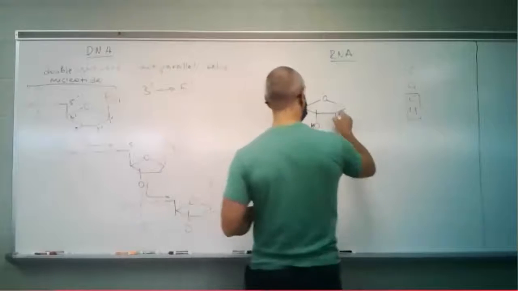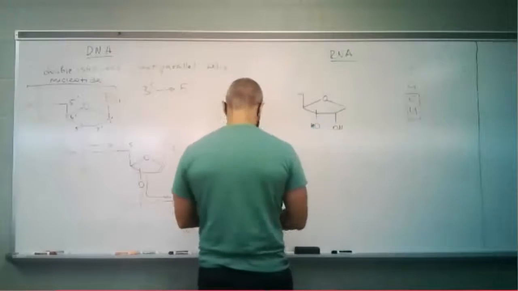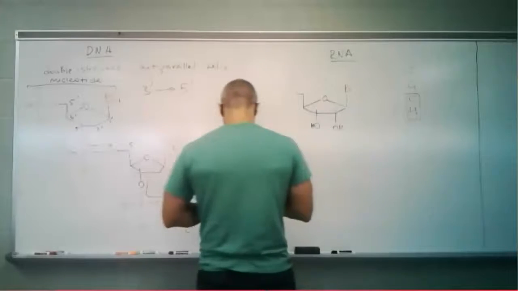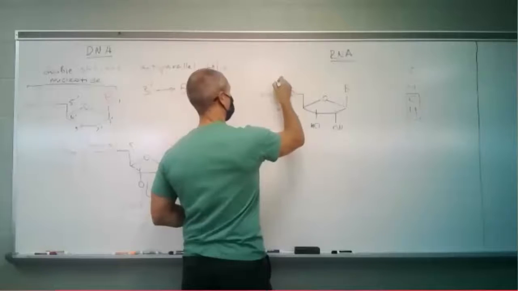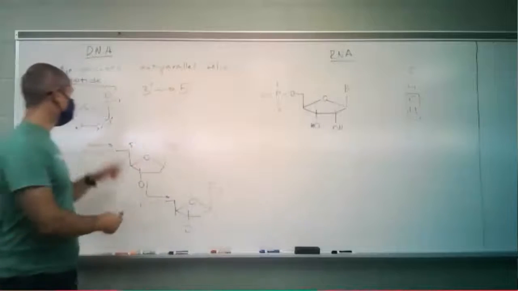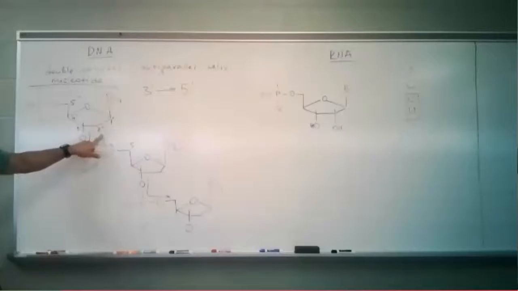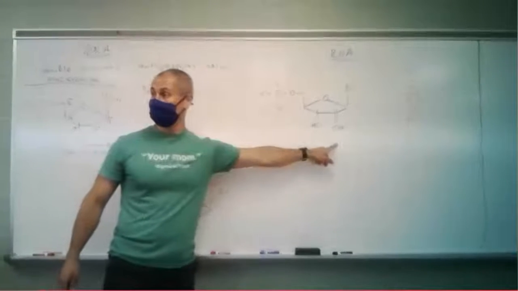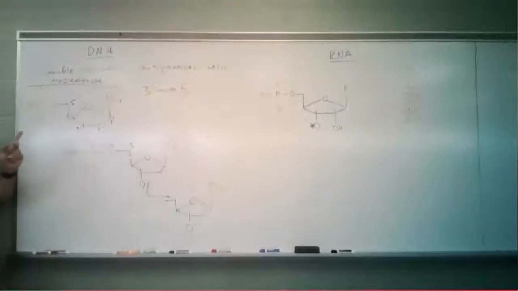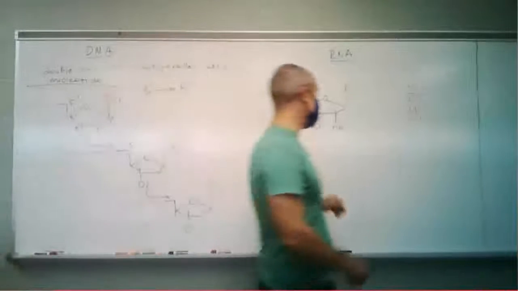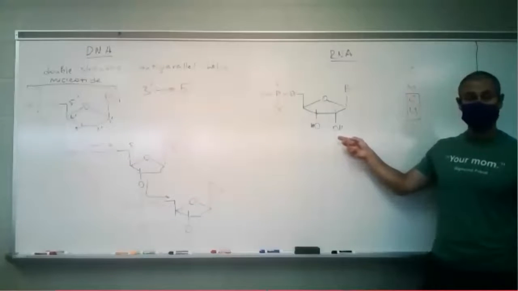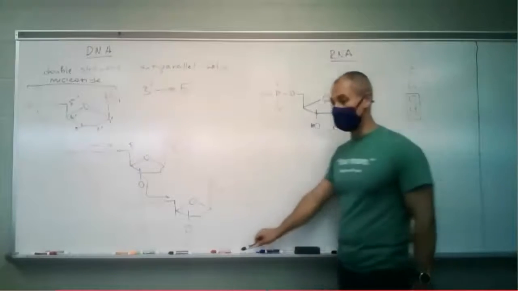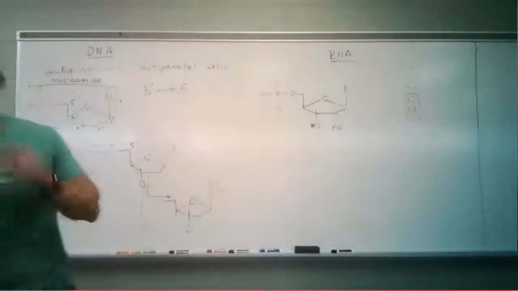So this is a single nucleotide. Now look at this. You see the difference between the 2' position in DNA versus RNA? You see the difference? This is why it's called ribonucleic acid. There is an oxygen, a hydroxyl group here. See that? That exact hydroxyl group makes